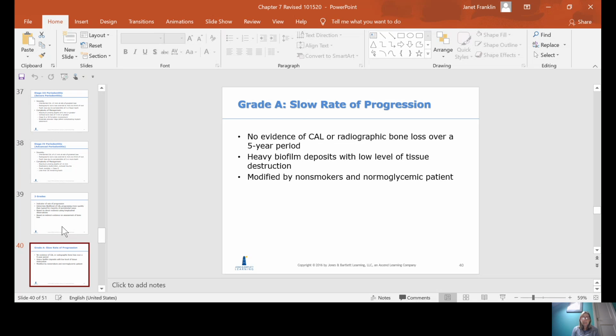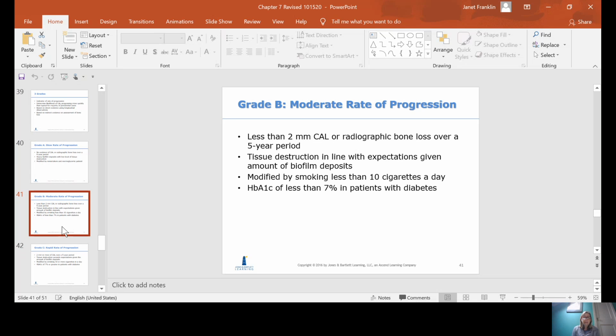So in other words, patients that smoke or have diabetes. Moderate rate of progression, the patient will have less than 2 millimeters of clinical attachment loss. I'm not going to read all of this, but what I do want you to notice is down here